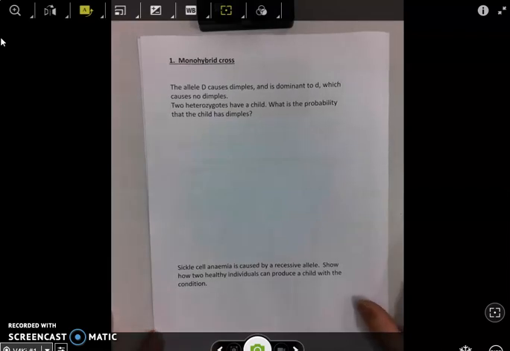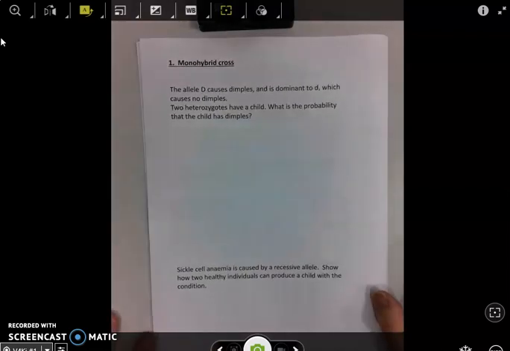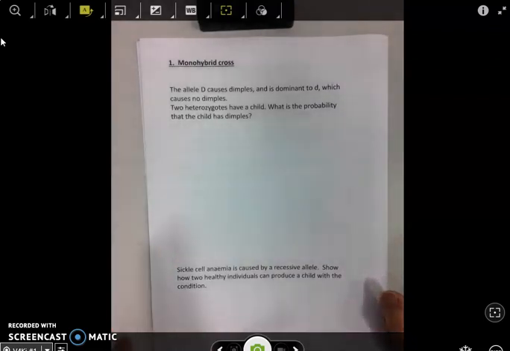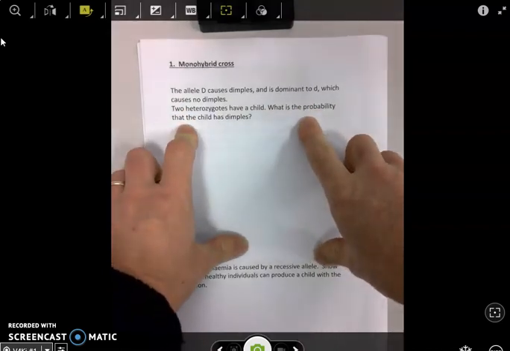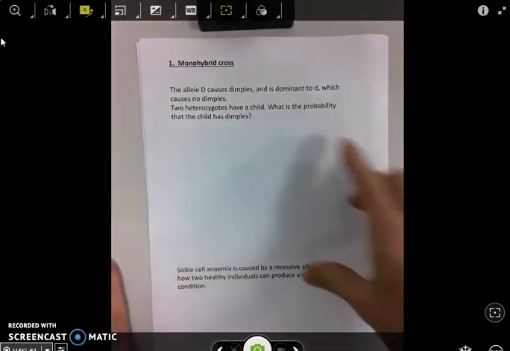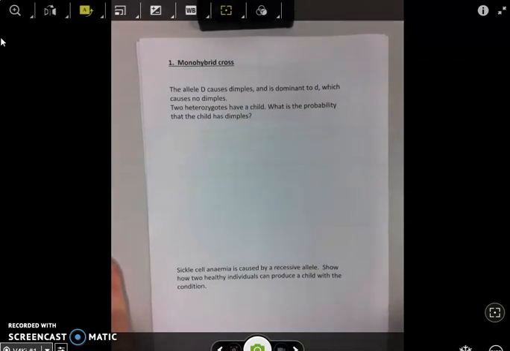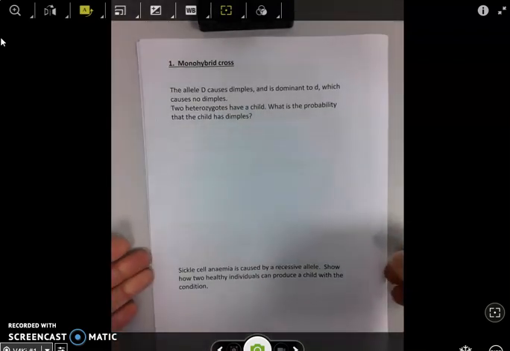So the very first thing I'm going to talk about is something called a monohybrid cross. It's something that you might well have done at GCSE, so you're very familiar with it. But I'm actually going to start with real basics. This is the problem we're going to solve in a minute, but before we get into that, I want to talk a little bit about the fundamental idea that you have to have in your mind when you're doing inheritance